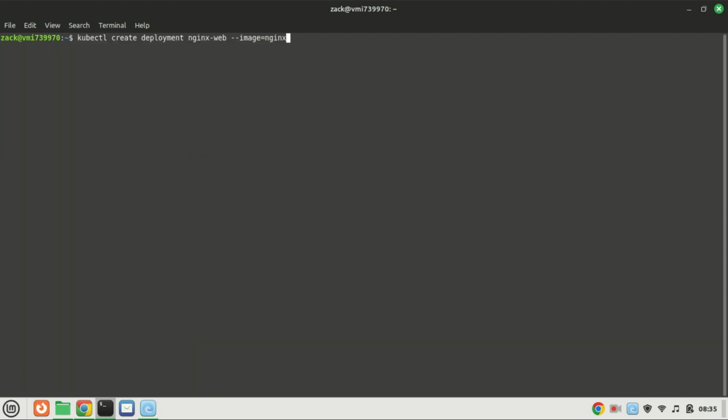Let us now try to deploy a sample Nginx deployment. Run the following commands. This command will create a deployment named Nginx Web in your Kubernetes cluster, with each pod in the deployment running a container based on the Nginx image. The second command will create a node port service in your Kubernetes cluster, exposing the pods of the Nginx Web deployment on port 80. This makes the Nginx Web server accessible from outside the cluster through any node's IP address